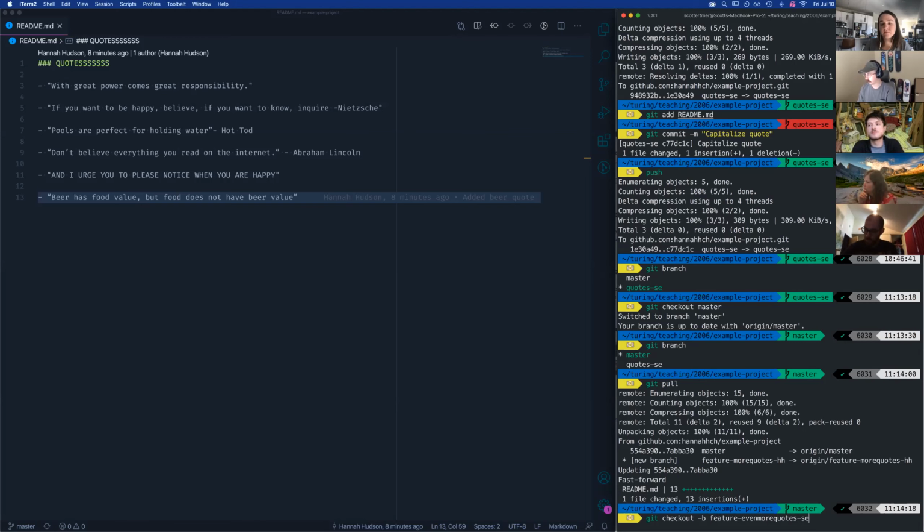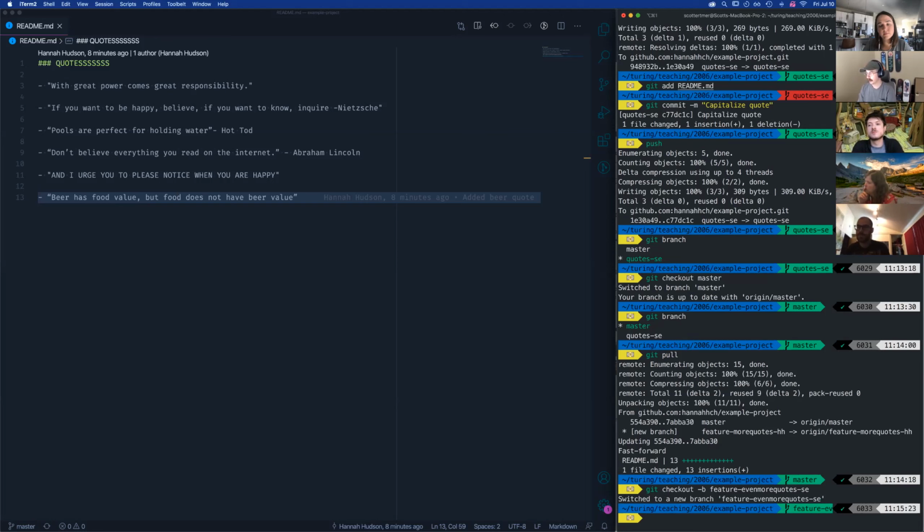And I'll put my initials on it as well. And now all of those changes that I just pulled down from master are now copied onto this new branch. So this is like the safe workflow, right? I'm not working on master, but I am making sure my local copy of master got updated before I copy it into a new